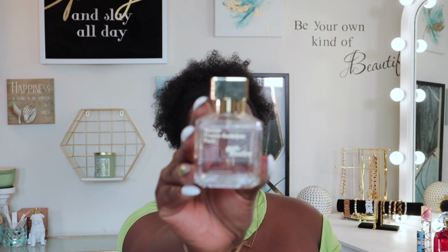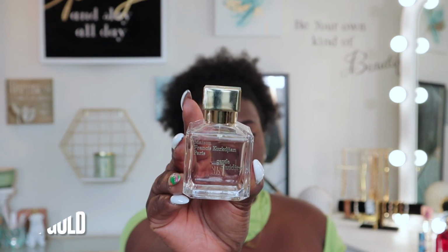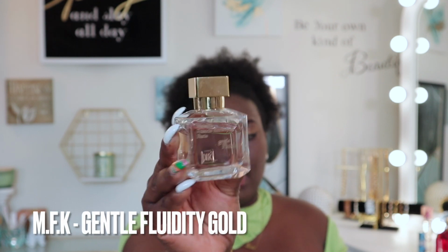So the next scent that I'm going to talk about really quickly, like I said, I love to pair with the Le Parfum Royale. And it is the Gentle Fluidity Gold from MFK. This is another gorgeous feminine fragrance, guys. This fragrance smells so sweet. I have been wearing this one a lot too, but I've been trying not to,